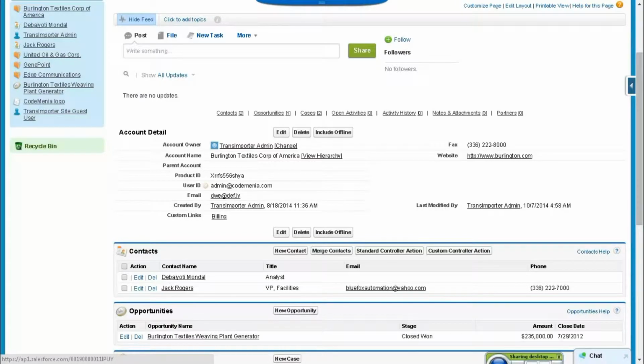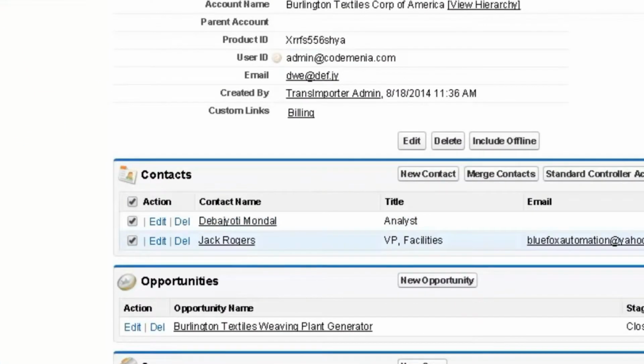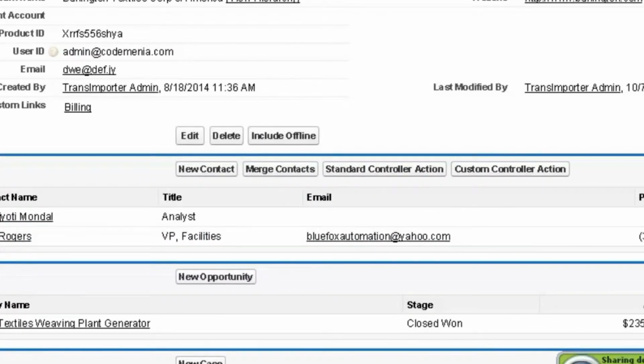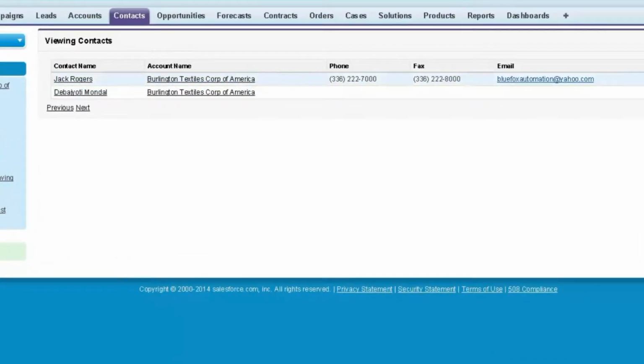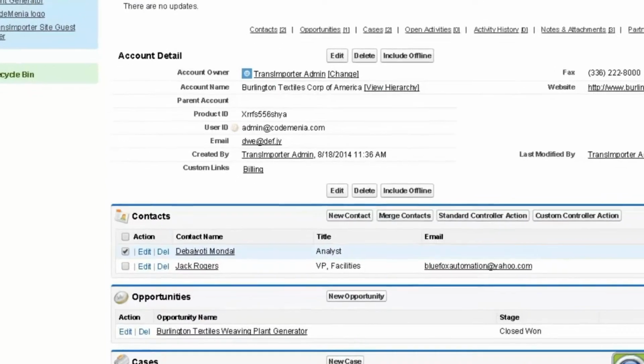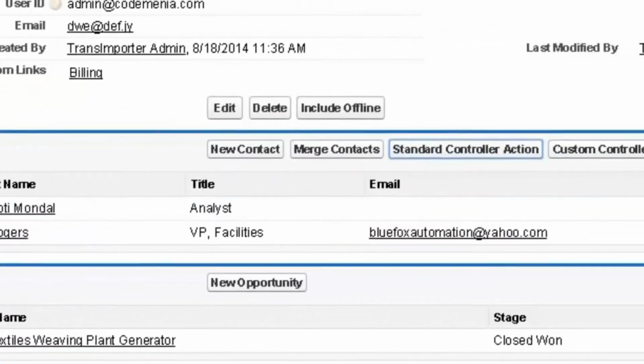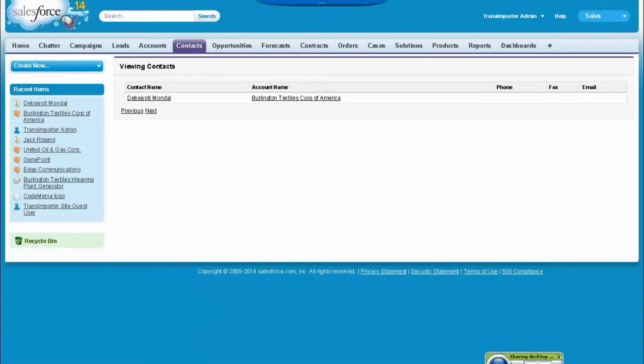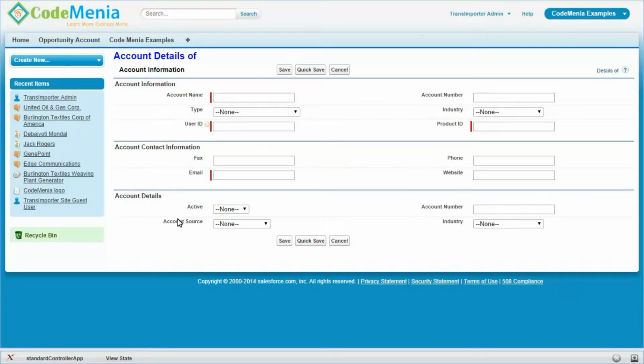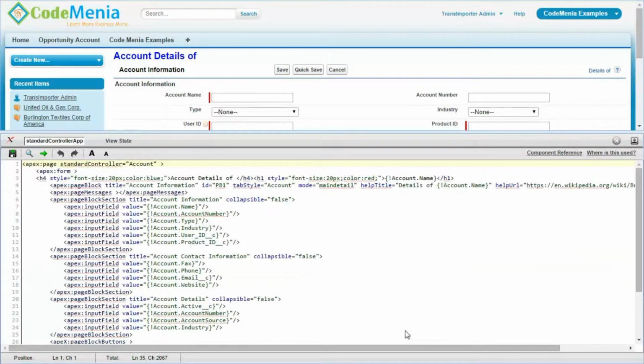Also you can implement functionality which will capture the selected records from the related list for any object, and which will display the selected records in the Visualforce page like this. If you select one record, it will display one record in the Visualforce page, and this has been done using Salesforce standard controller methods. Now I will explain how these functionalities have been developed using the standard controller.